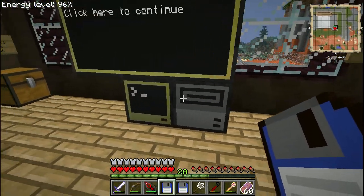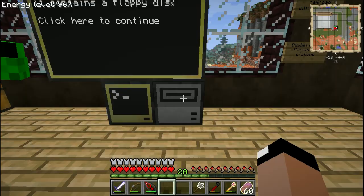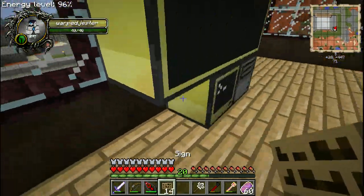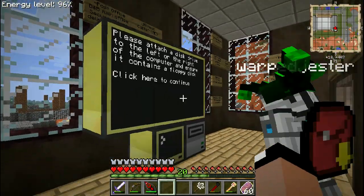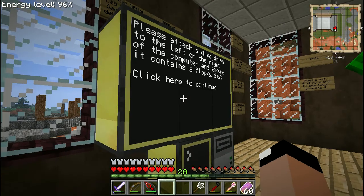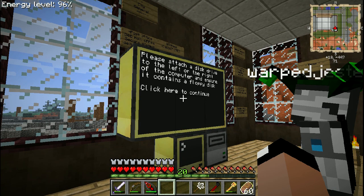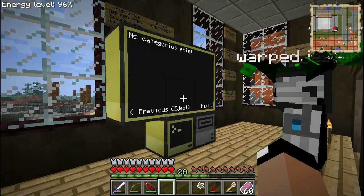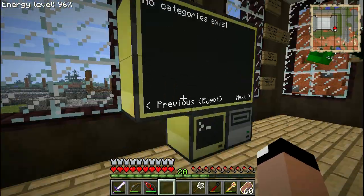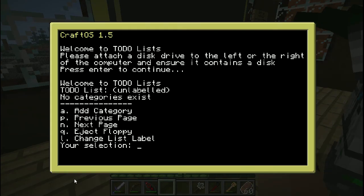So now if you put one of the floppy disks in the floppy drive there. Alright. And now just click on the screen there where it says to click to continue. Right click on the touch monitors. Ooh, touch. Yes. No categories exist. Yes. So if you right click on the main computer at the bottom here, the first thing you'll probably want